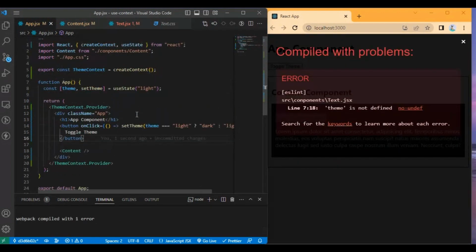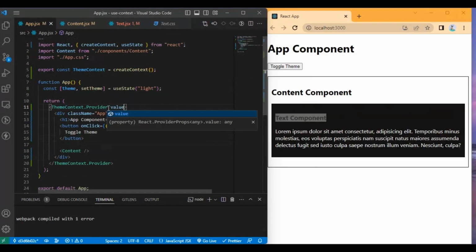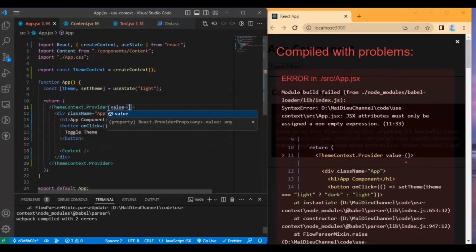To pass the value to the theme context so that we can use it everywhere we want, we have to pass it to the value prop in the provider here. And I simply pass the theme here.